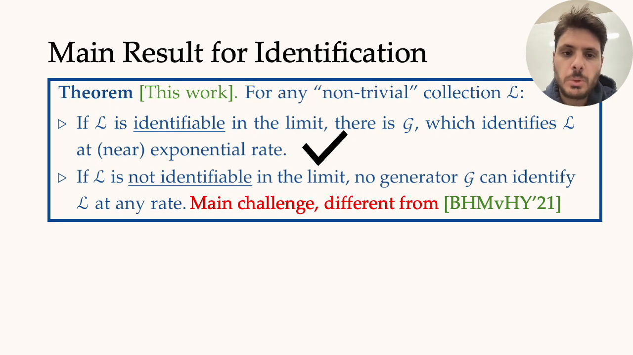What I described proves the first part of our result for the statistical rates of identification, which states that if the collection L is identifiable in the limit, then there exists an algorithm which identifies L at any exponential rate. The second part, which says that if L is not identifiable in the limit, then no algorithm can identify L